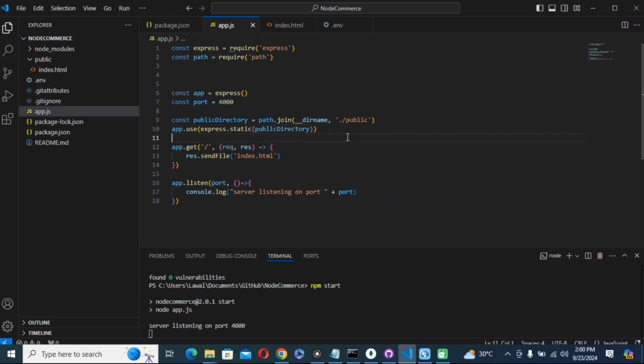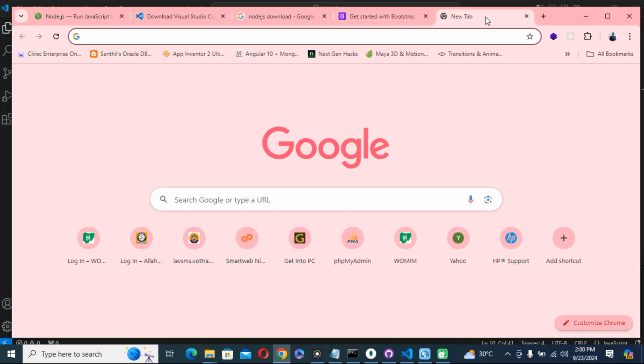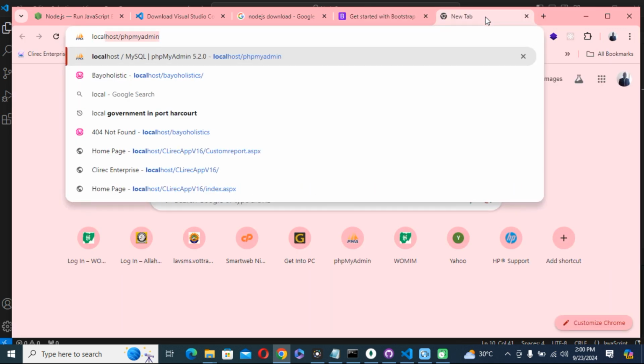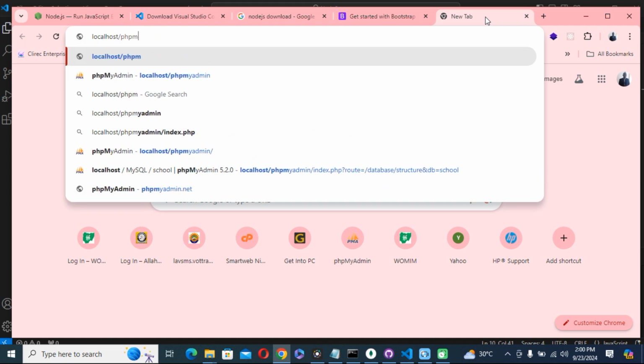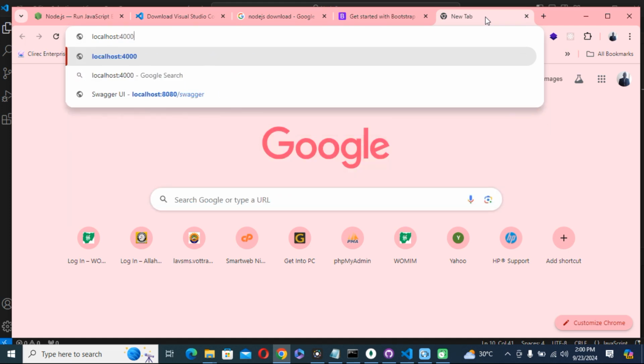So let us try this out to see what will happen. If we go to our browser now and type localhost 4000,